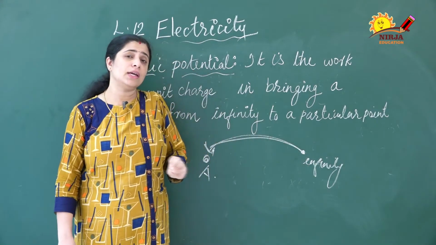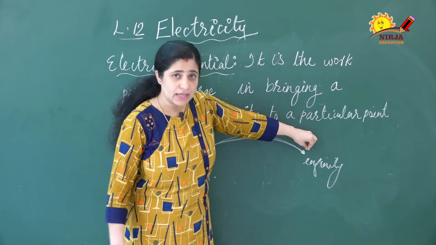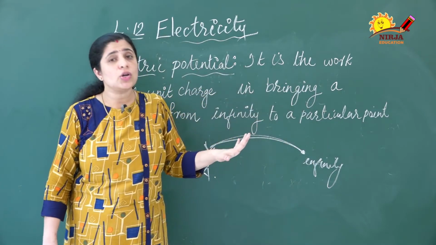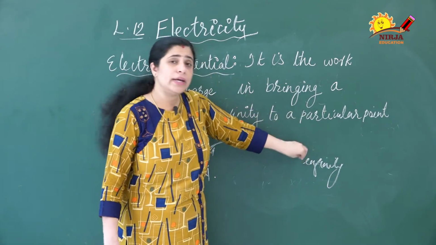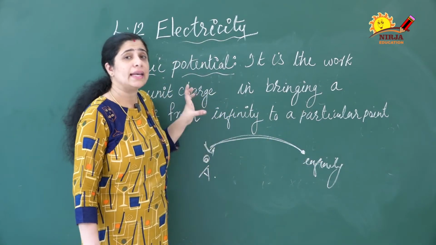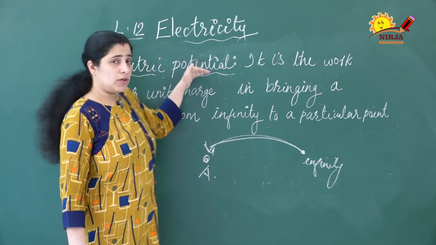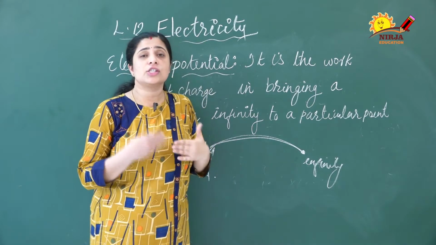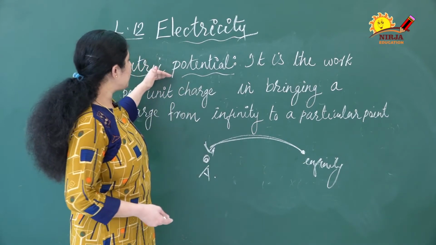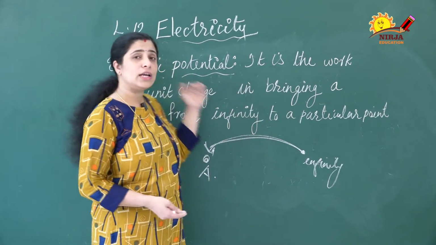Energy can neither be created nor be destroyed. To do the work we are utilizing some energy, but its destruction is not happening. It is stored in this charge, and at this point also this energy is stored, and this energy is known as electric potential. Work done in physics, you know that energy we can take as work done also. So that is the definition of electric potential. I hope you have understood the definition for electric potential.